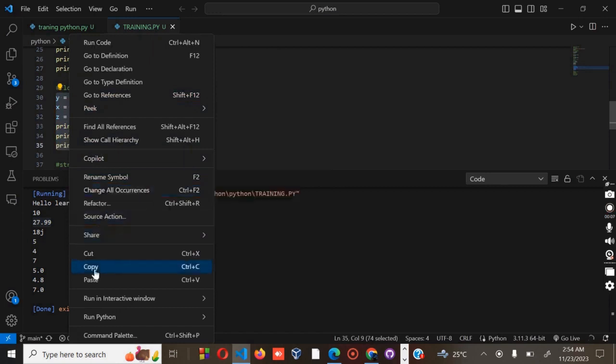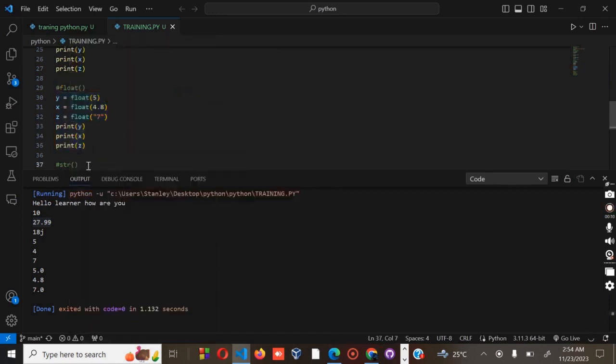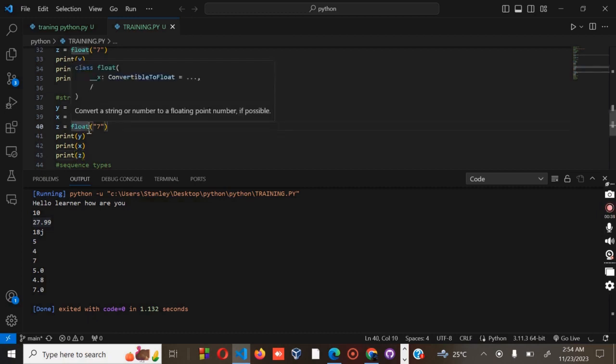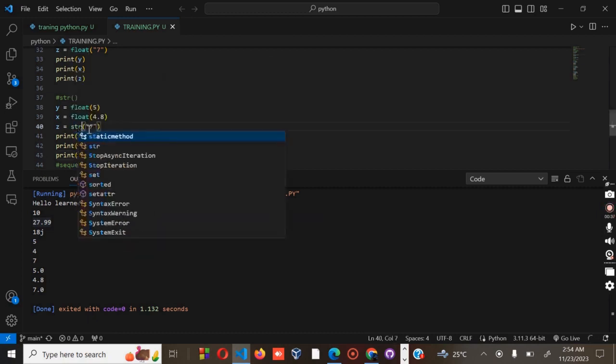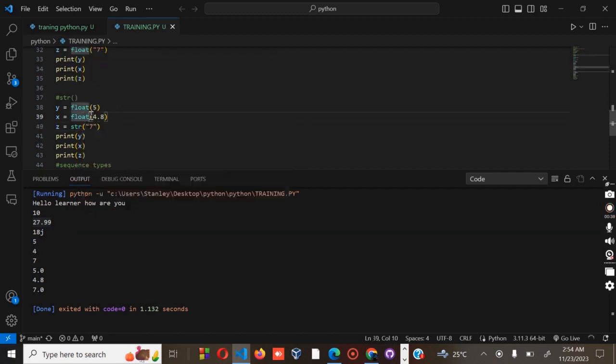Okay, so we move to our last part of casting, that is the string casting. And for the string casting, it will construct a string from a wide variety of data types, including strings, integer literal, and the float literal. So what you need to change, we need now to change this part because we have copied to str for the string,